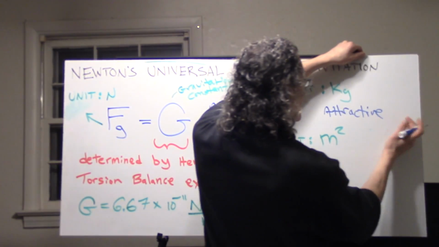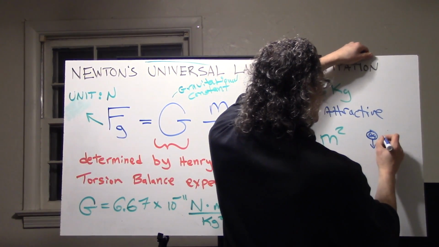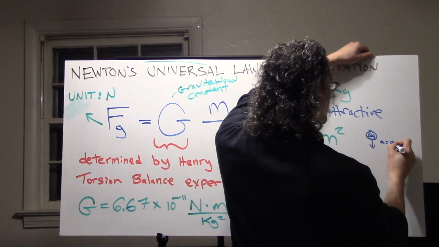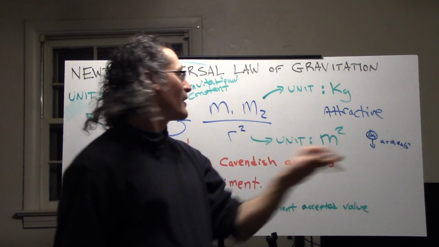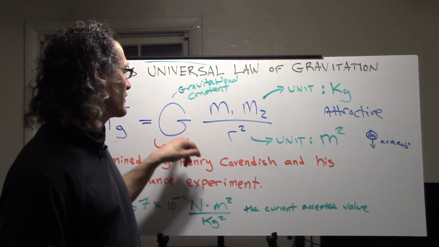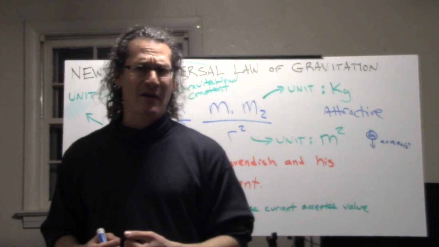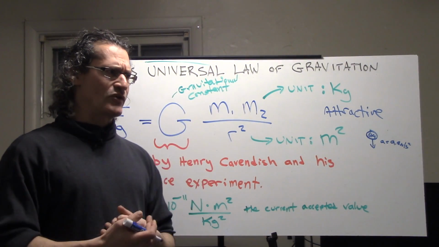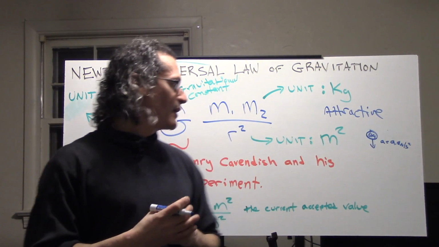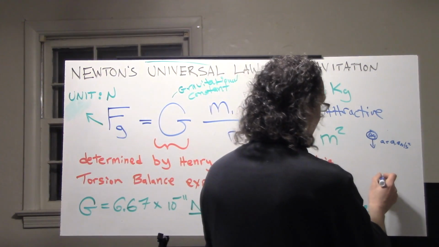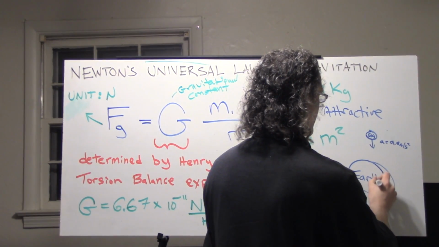All right, so we had our object, our medicine ball, of 6 kilograms, and it has an acceleration of 9.8 meters per second squared with respect to the Earth. Well, guess what that 6 kilograms is? It could be considered mass 1 in this equation over here. G would be a known value thanks to Henry Cavendish, and what we would need next is to figure out, okay, so where's it going? Where is that thing accelerating towards? And it's accelerating towards the center of the Earth, center of our planet. So what's down here as the other object, and not to scale, mind you, but this is our planet, the Earth, right?